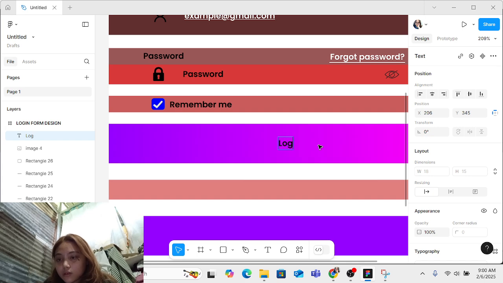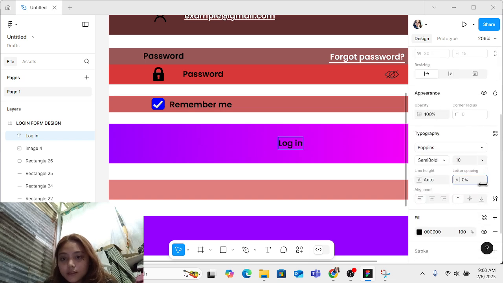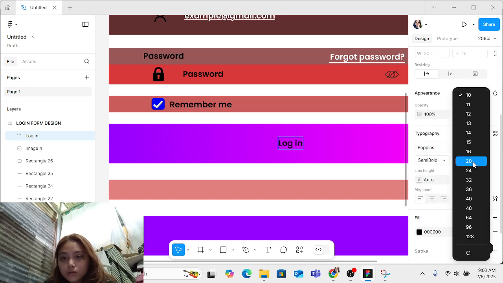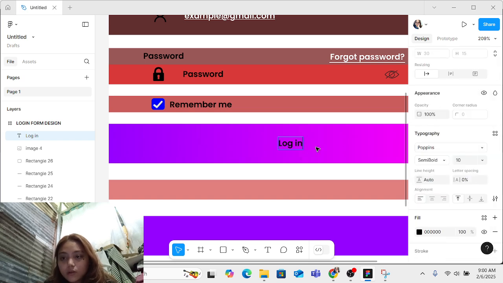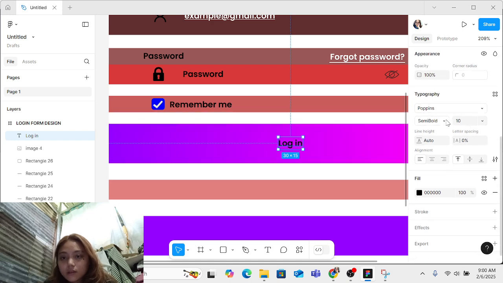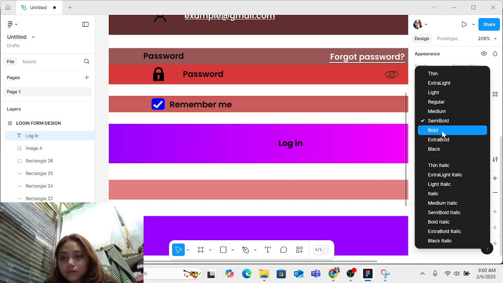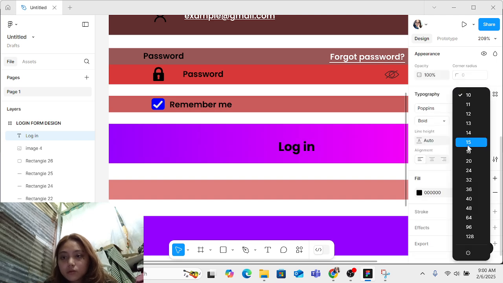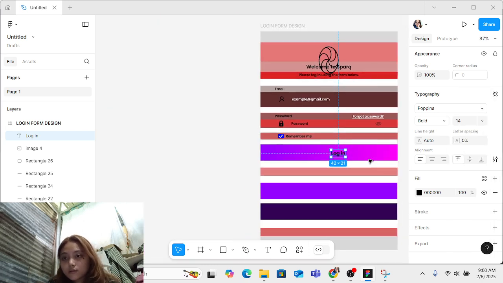Then let's put login. And let's resize it. Bold, let's put in bold, let's resize to maybe 14.